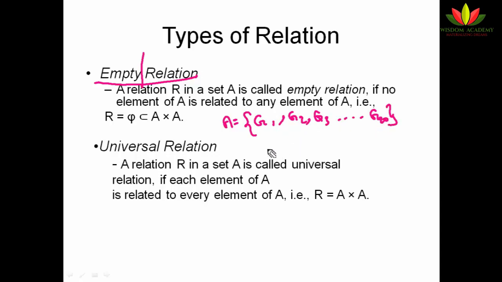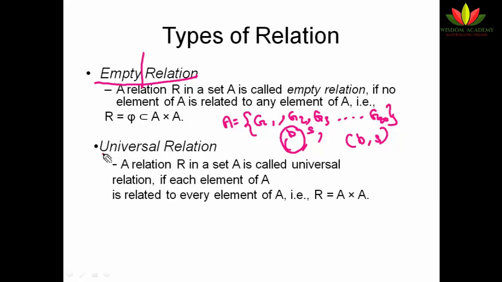G20, G stands for girls, and I want to form a pair where brother and sister are going to be there. For a brother I need at least one male in this group. No male is there, so I can't form a brother. Whatever combination I try, I can't get a brother or sister in a classroom where only girls are there. That is, I can't form any relation. The relation will be null and there is no possible relation, so that is known as the empty relation.